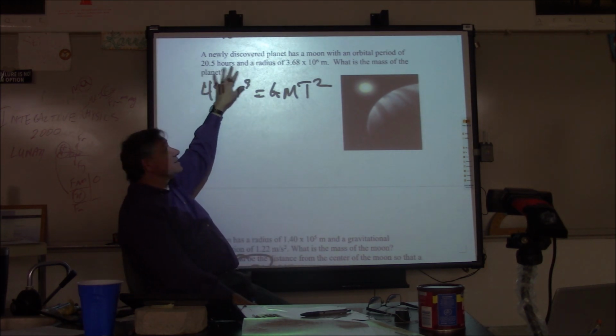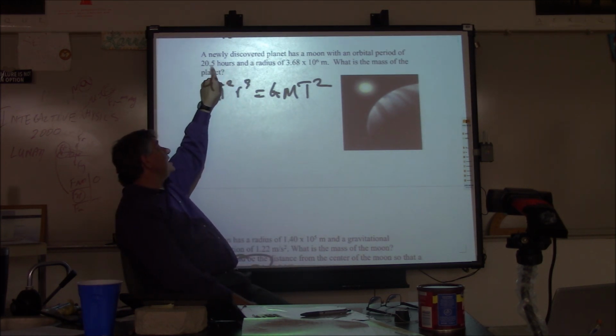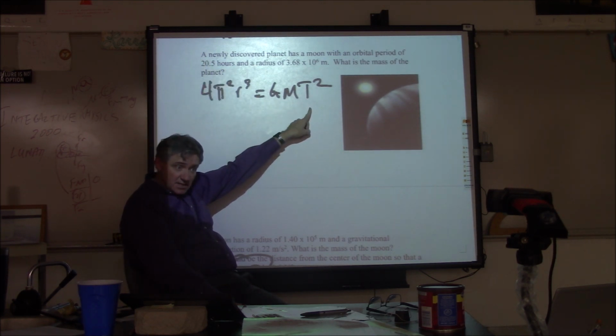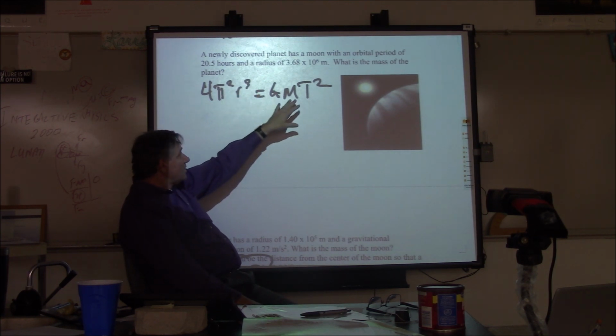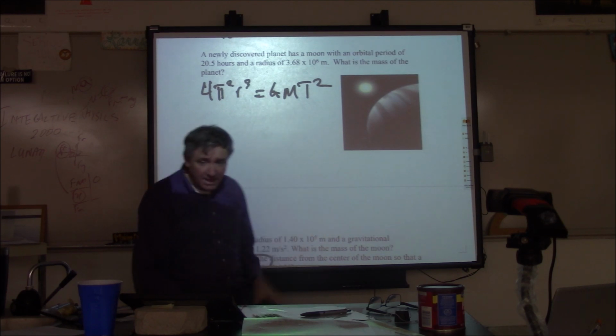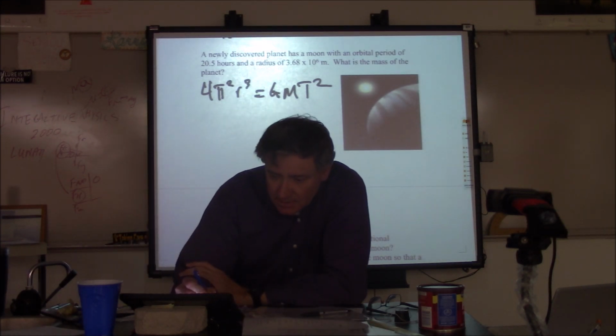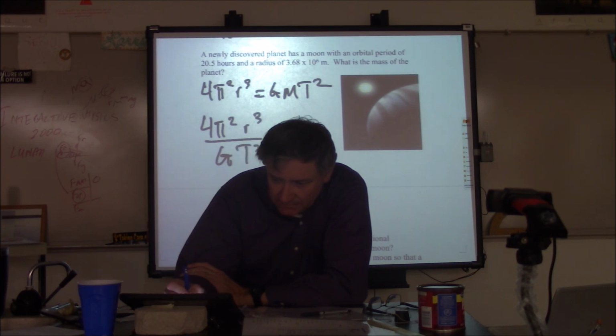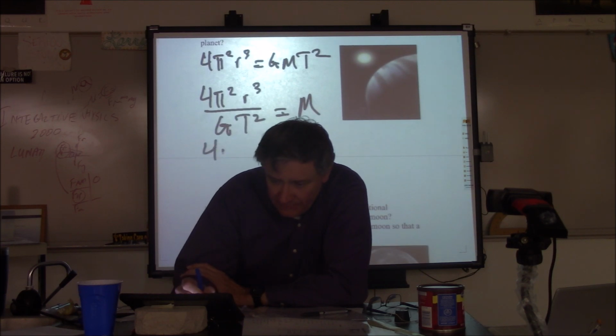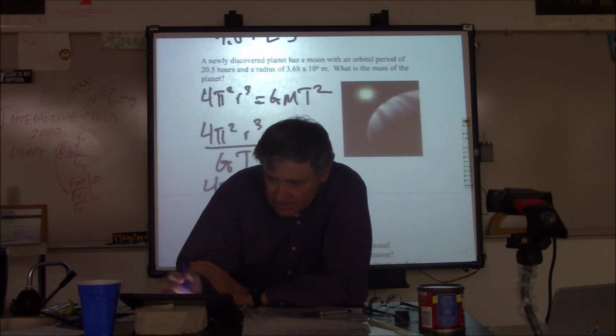So this right away should throw up flags. You cannot leave this as hours. Okay? You cannot leave this as hours. You have to change that into seconds and put that in here, or otherwise the units are a train wreck. You've got the radius, so the only thing we don't know is the mass of the planet. So if we solve this, 4 pi squared r cubed divided by big G t squared, then we can get the mass. So we're going to have 4 pi squared times that radius, which is